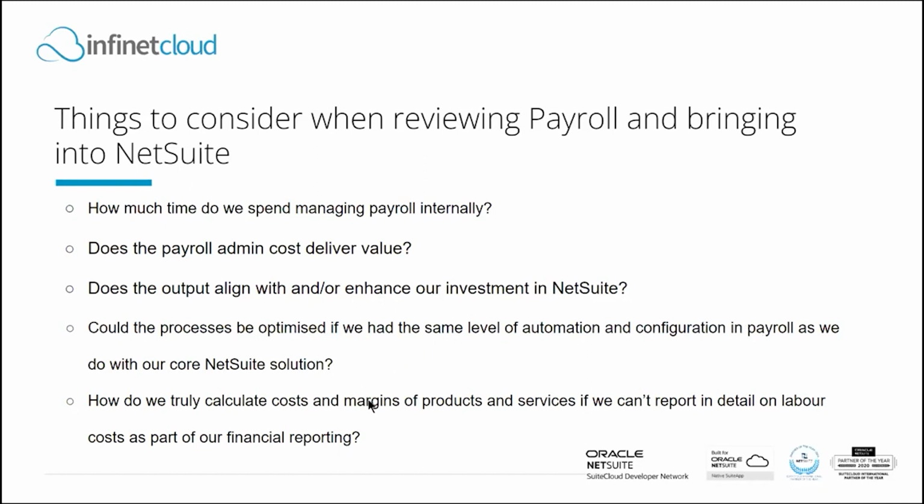And this is a big one. How do you truly calculate the costs and margins of your products and services when you can't report on the detail on your payroll costs as part of your core financial reporting? So some things to consider, and we love chatting to customers about these. So what I'll do now,